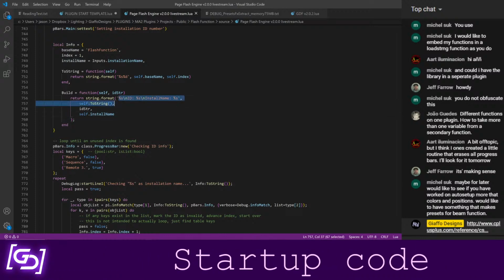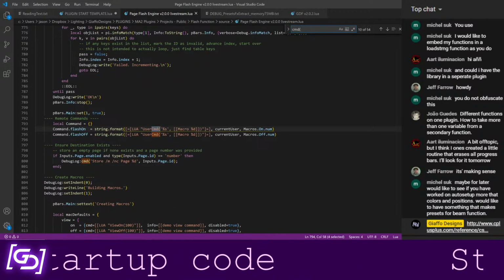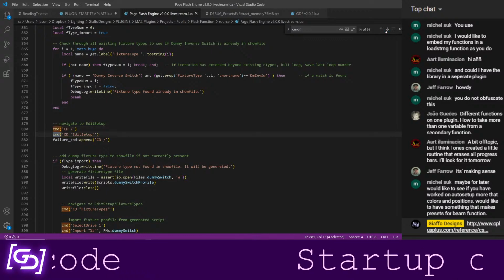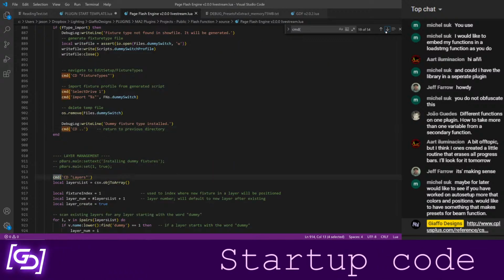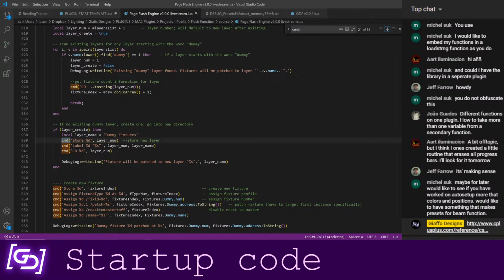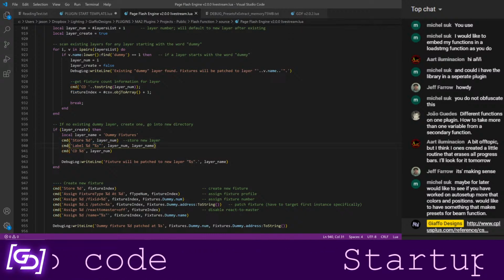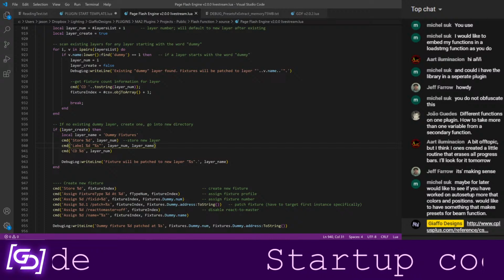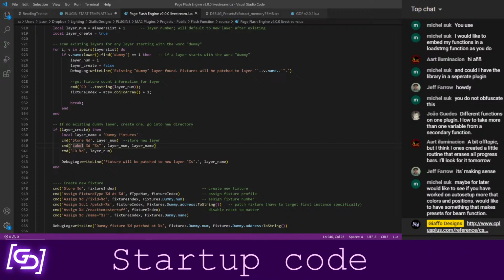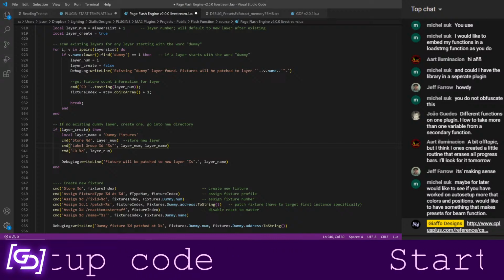I just find that a lot easier to work with, especially when working with commands. So for example, I'm going to say label some number, some string. That's just a lot easier to work with in the way that you're going to be thinking when you're writing out a command. Usually you would be labeling some type of something, like you'd say label group